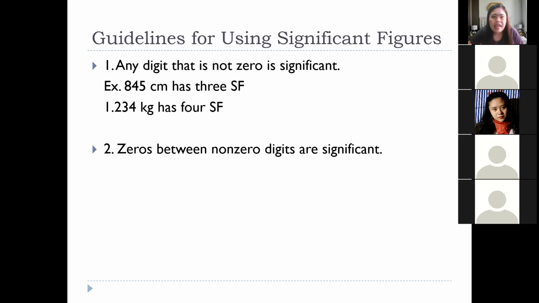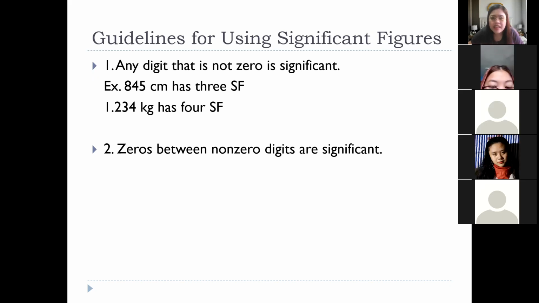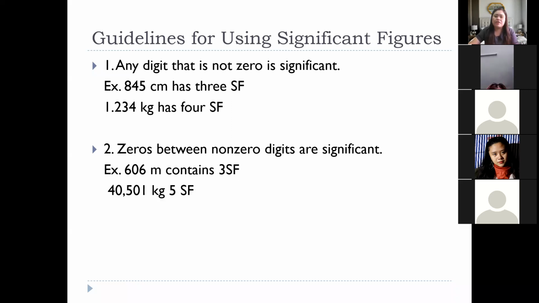Another one. Zeros between non-zero digits are significant. Again, zeros between non-zero digits are significant. So they are called the in-between zeros. So those that are found in between non-zero digits, like 606 meters. Of course, the 6s there are significant. But we have 0 in between, and since it is in between, it is significant. So we have there 3 significant figures. That is also true for the second example, 4,501 kilograms. So we have 1, 2, 3, 4, 5 significant,